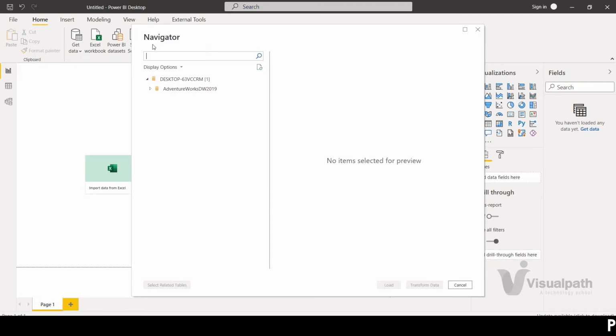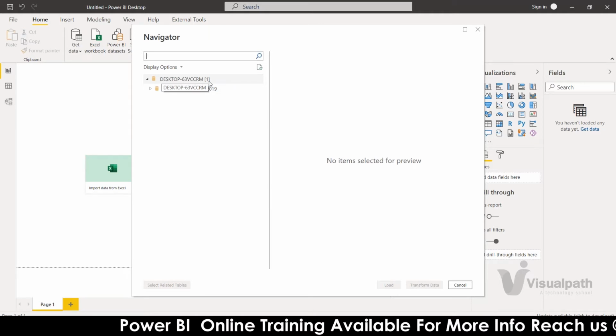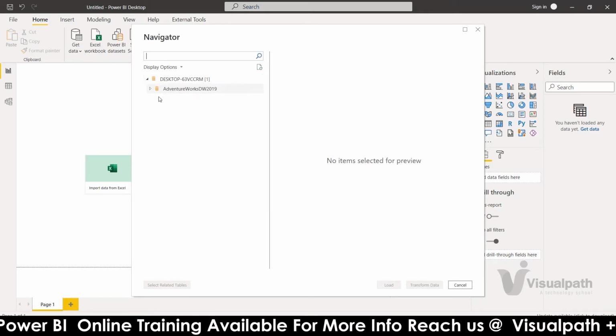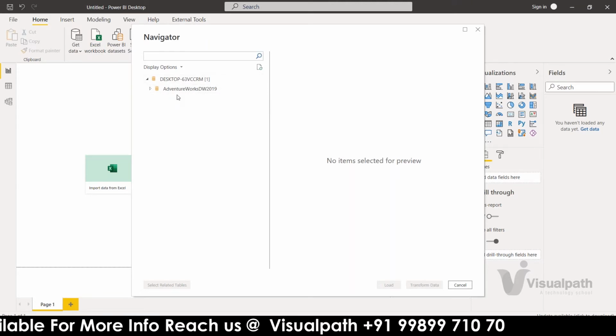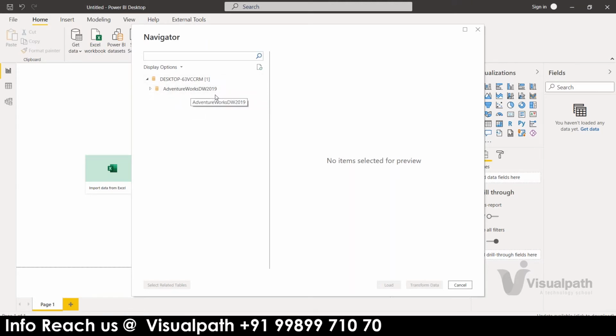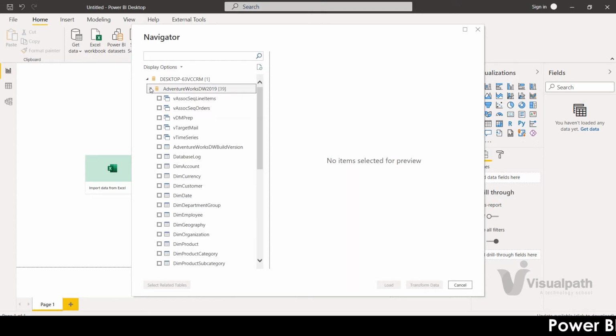The Navigator page is used to see all the databases available in that server. So this is the server name, desktop-63VCCRM, and these are the available data warehouses in this server. As of now, there is only one data warehouse, which is the AdventureWorks data warehouse. When I expand it, these are the views, 1, 2, 3, 4, 5.